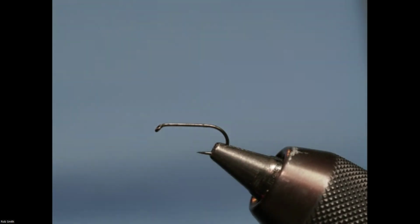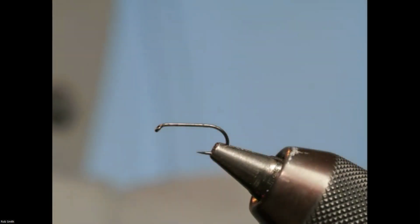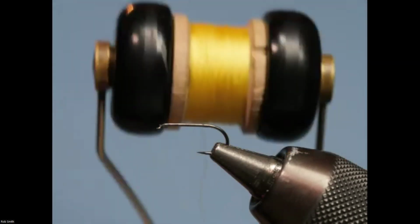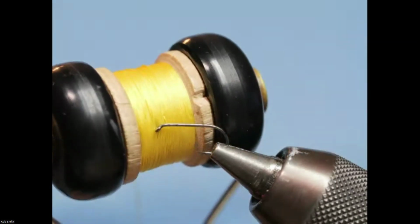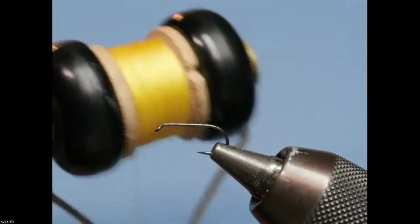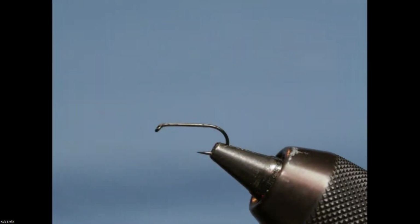Perfect. Yeah. Right. So the first pattern I'm going to dress, we'll start with the easy ones, is a water hen blower. And as I say, this is to represent the large dark olive. And even though ostensibly it's an easy pattern to dress, people get it very wrong sometimes. When you see the old patterns, it says yellow silk. Some people say you have to tie it with primrose silk, but you look at the old manuscripts and the old books, primrose silk is never mentioned. It's always yellow silk. So what I'm going to do is, I'll do the Oliver Edwards method of tying it in, and I'll tie the